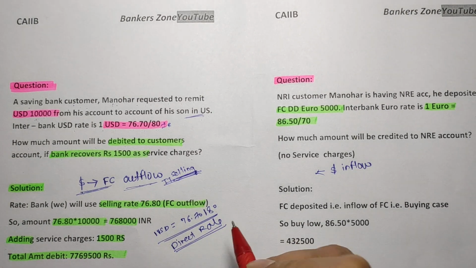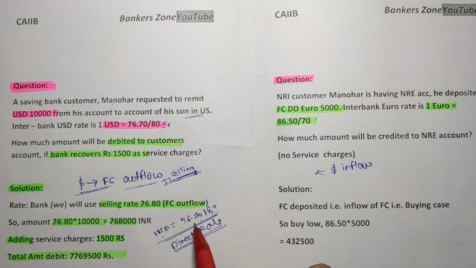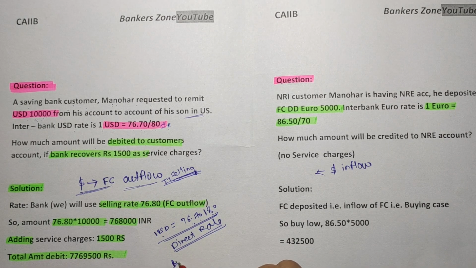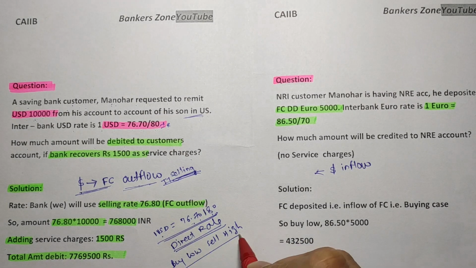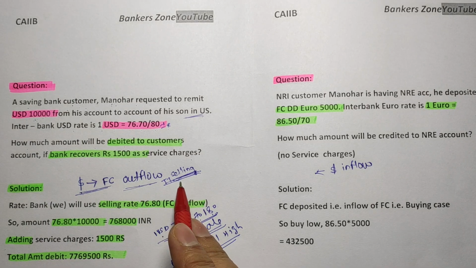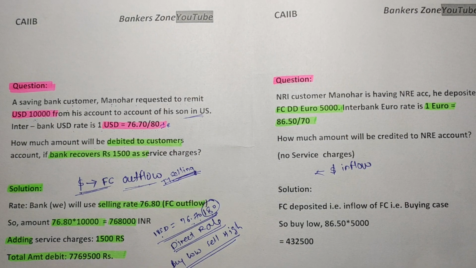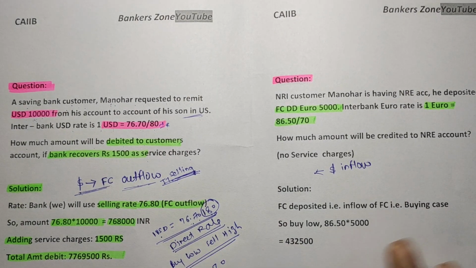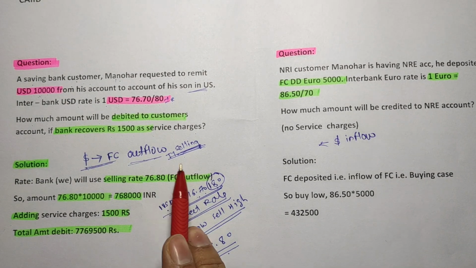Okay, now friends, the rate they have given, it is the direct rate. How it is direct rate? Because the foreign currency is fixed and domestic currency is variable. Okay, that means direct rate they have given. And friends, now see, in a direct rate our principle is buy low and sell high. This is our principle. Okay, now here is the case of selling, so highest value we have to take, so this will be the highest value, so we will take a rate as the 76.80.